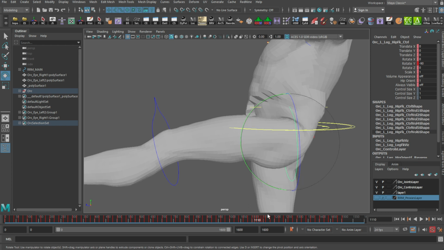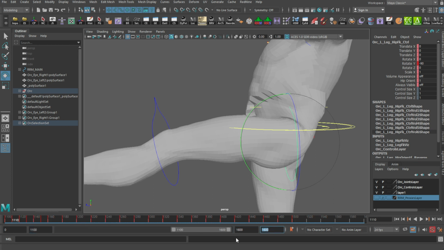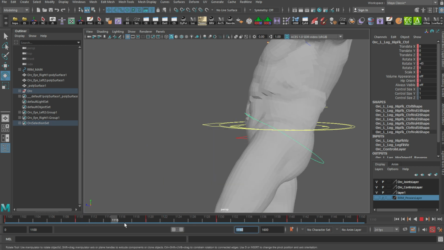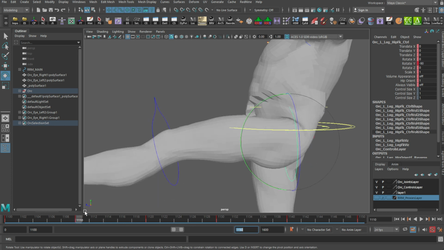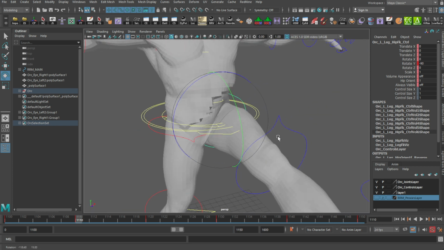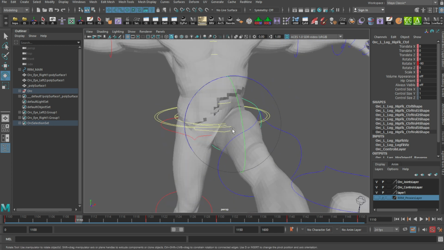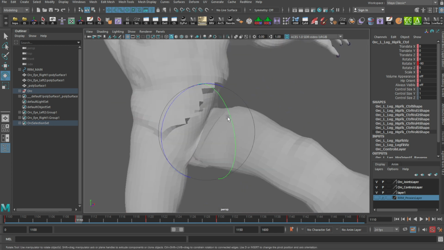It's a lot easier to have some animation on my timeline, and all I need to do is scrub my timeline. So I can scrub back and forth very easily, and I won't exit the paint skin weights tool. And because I know this particular action is something the character should be able to do, I can use this as a guide for